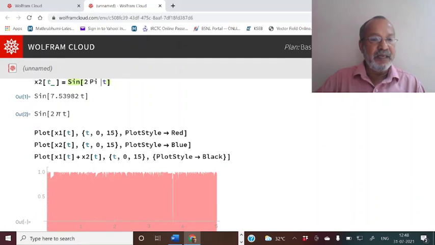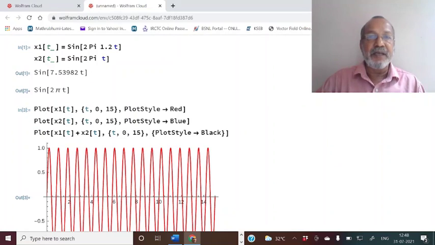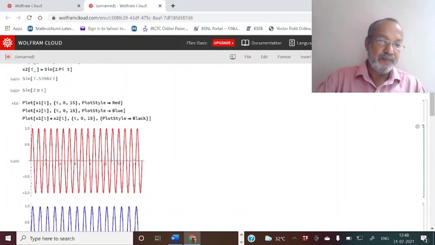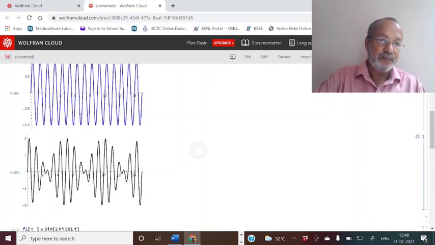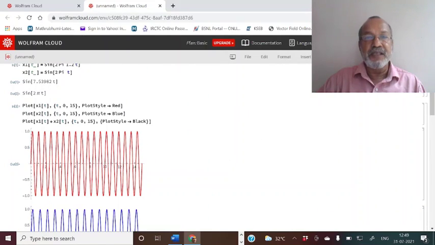So I have entered that and I have to plot the functions using the plot command. This is the plot command. I am going to execute the command. For execution I have to press shift and enter, which I am going to do now. I have pressed that and I have obtained the graphs. You can see it here. Now if you want to see the oscillations clearly, you can take a smaller time, for example 5 seconds. So I am going to edit that.